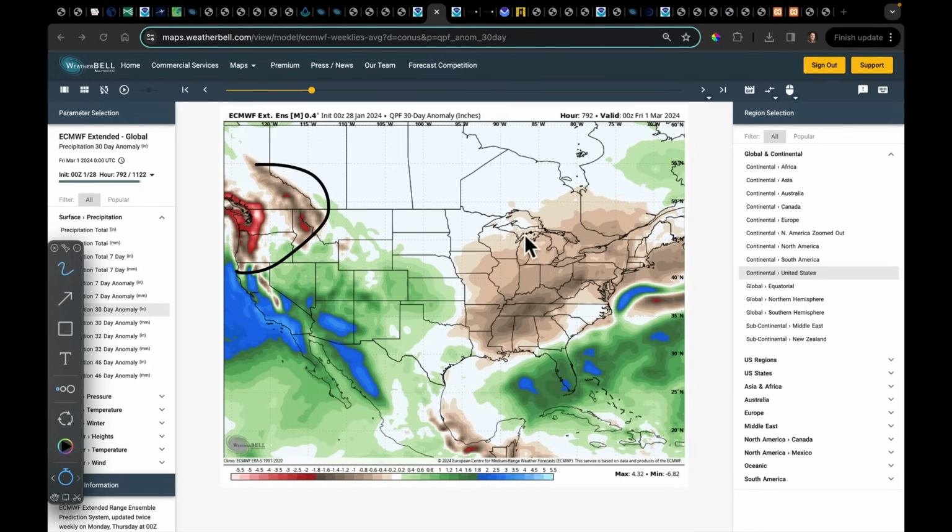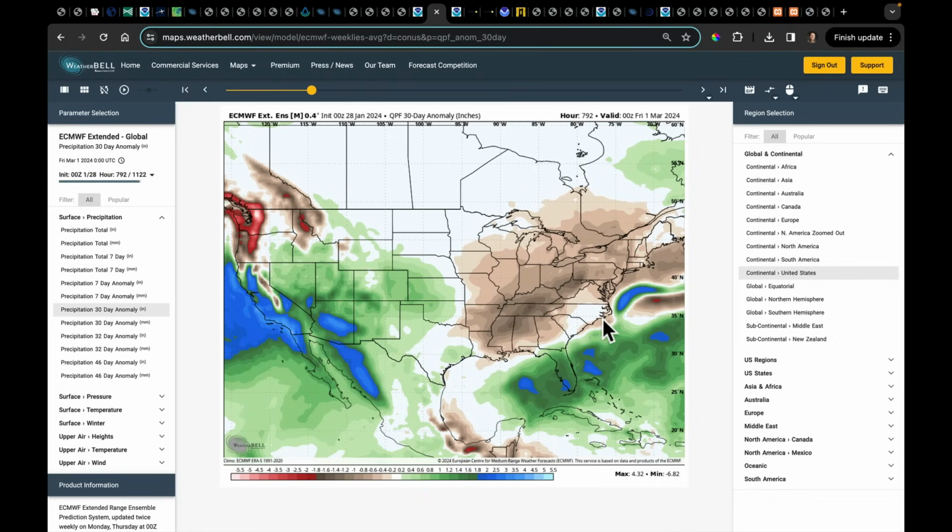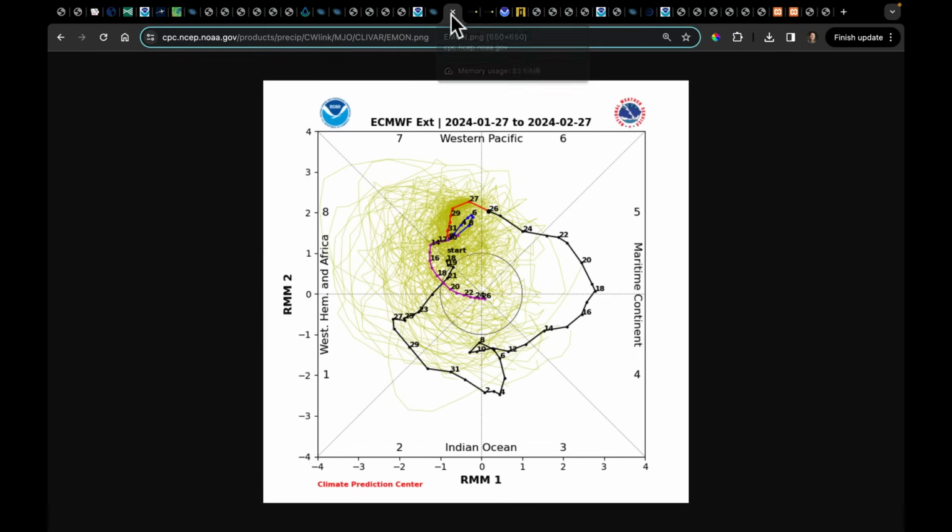See the drier here, the drier there, but wet and wet. There's a lot of subtropical jet activity that they're expecting to continue. Now, just thinking about this, I was trying to dig into, well, let's talk about why. And I'm going to take you to the MJO plot we stared at so much for the last couple of